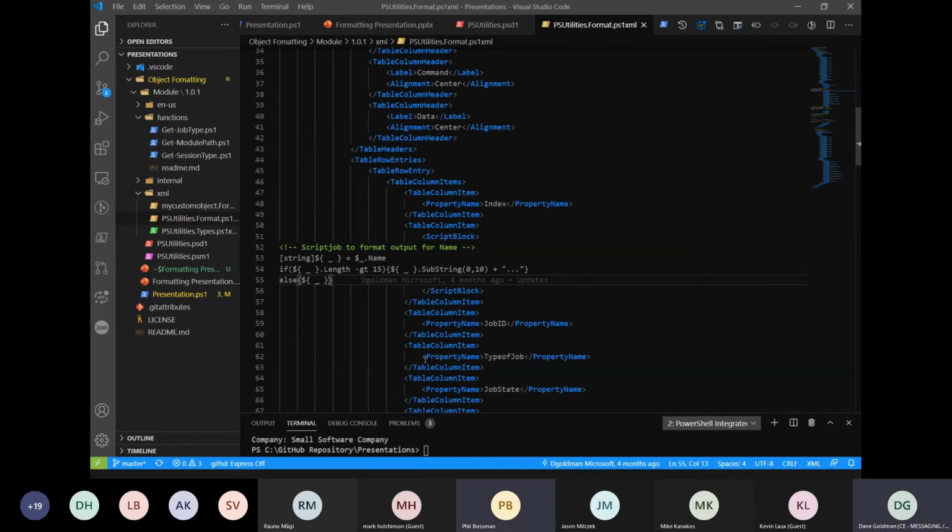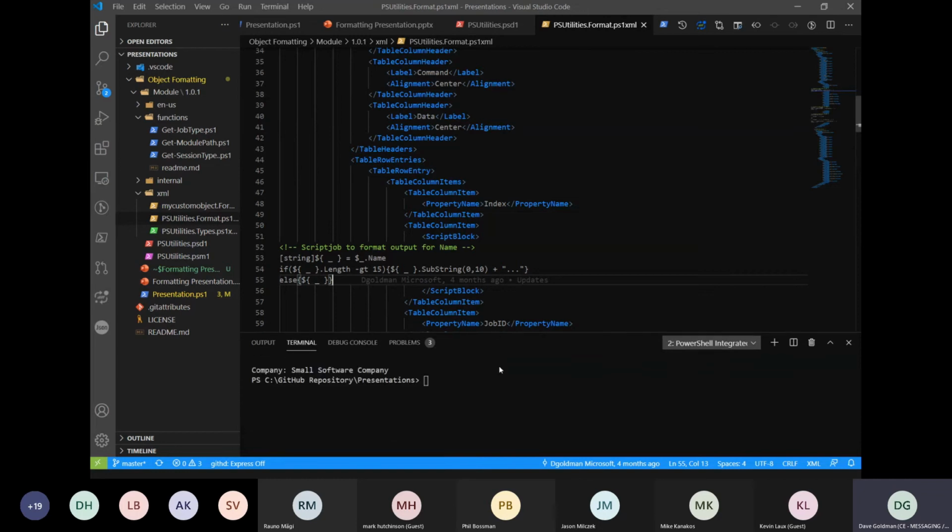Now there are some other cool things that you can do. I don't know how many people here have had the opportunity to see Frederick's presentation on PS Framework. I'm a contributor to PS Framework. If you think this will blow your mind, you'll absolutely have an aneurysm.